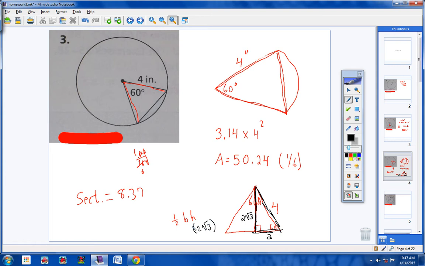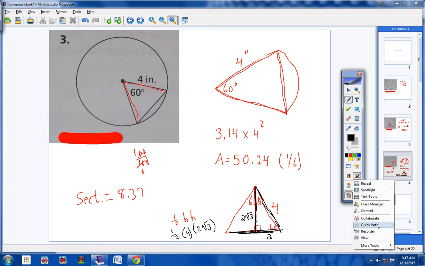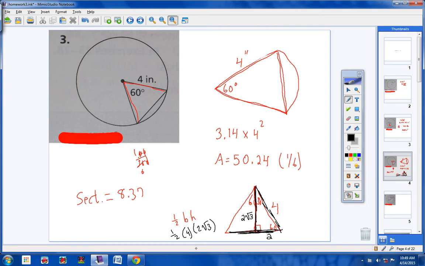Okay? Now the base is this whole length down here, and that's 4. So my base is 4. So just like that, I can find the area of the triangle. So now, students, with my handy dandy calculator, I'm going to take 0.5 times 4 times 2 square root of 3, and the area of the triangle is, and I think I messed up here, hold on one second, students, is going to be 6.92. So the area of the triangle is